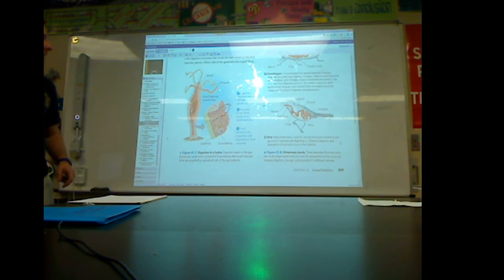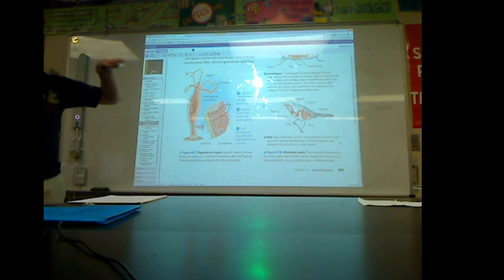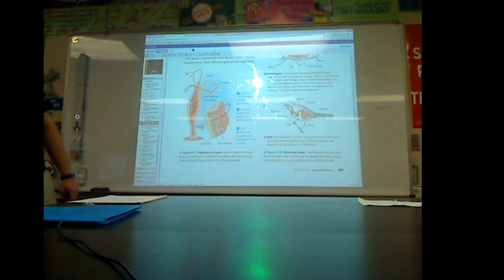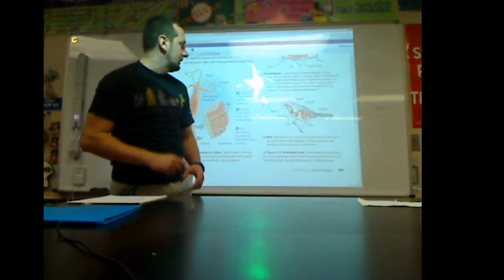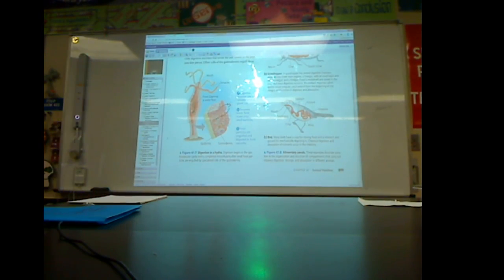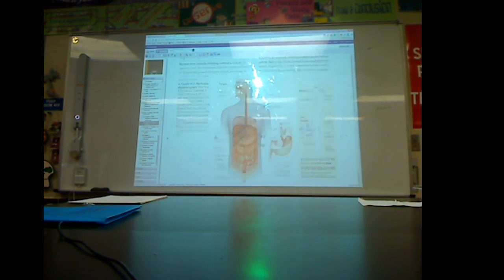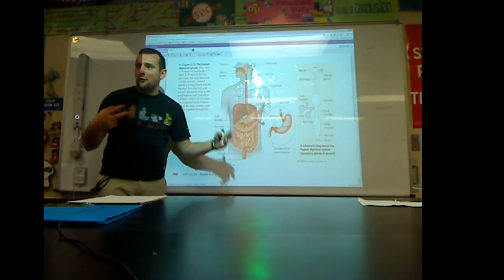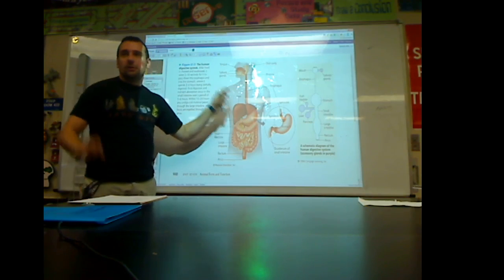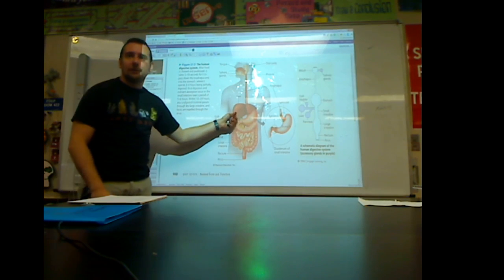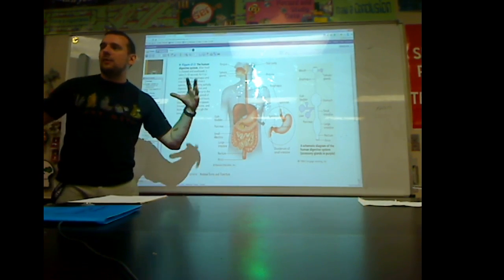By the time you get to something, the simplest ones is, like I said, just a tract that absorbs things. By the time you get to the worm, it's more complicated than that one. The esophagus of a bird or a mammal is even more complicated with an actual stomach. Large, folded intestines and stuff like that, right? So if you get to a mammal, it's even more complicated than that, because we have folds and inner folds, and then folds within the folds, the little villi, and then we have crops and gizzards. We have a liver, we have gallbladder, pancreas, and the stomach with its own, all of it to provide